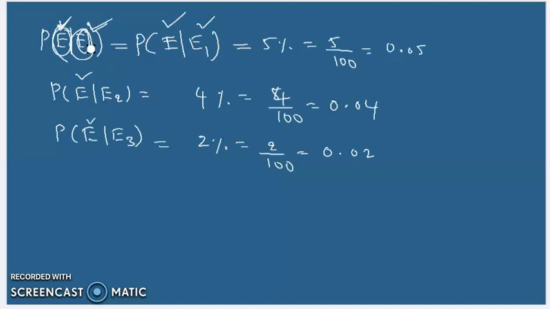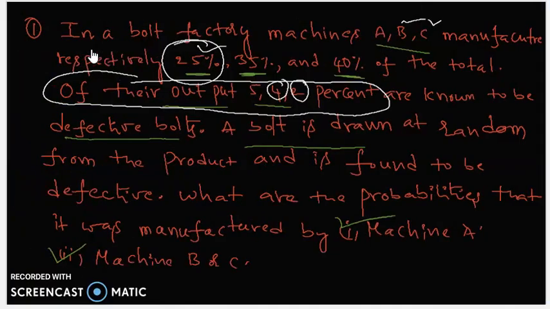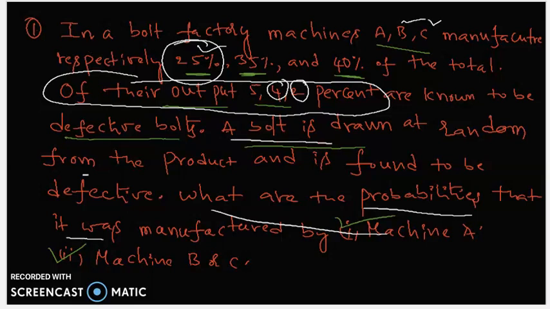So now we are going to find two problems in this. First problem is, what are the probabilities that the bolt drawn at random from the product and found to be defective